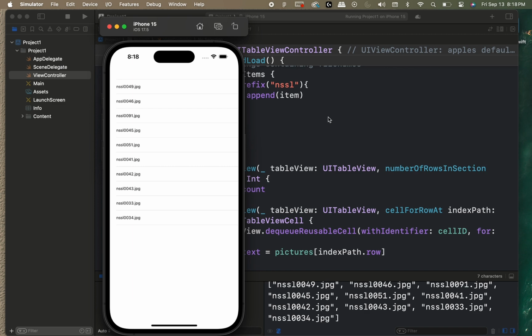Yeah, there you have it. This is what I have so far right now. Just the names of the images. Later on, when I actually click on it, it'll do an action where it takes me to the detailed view